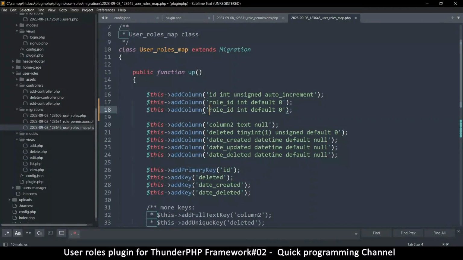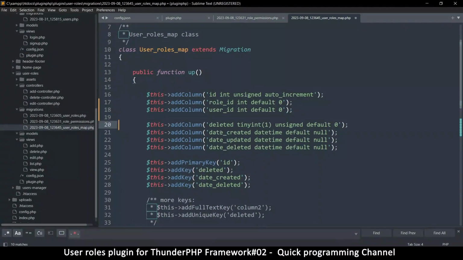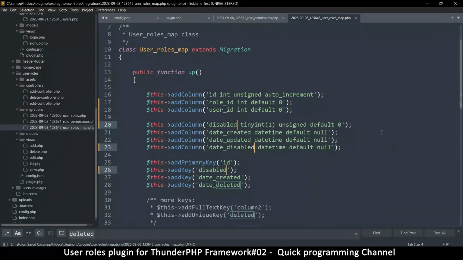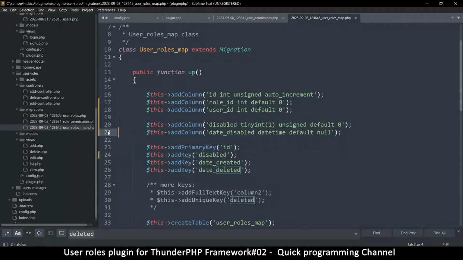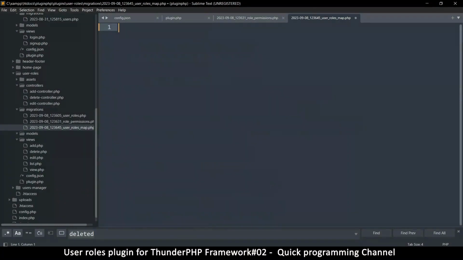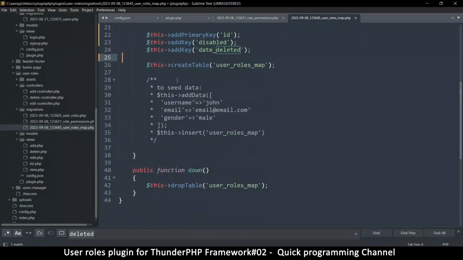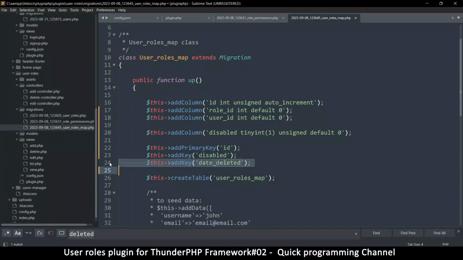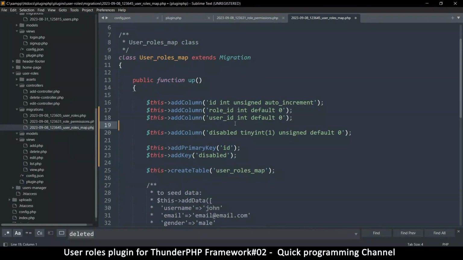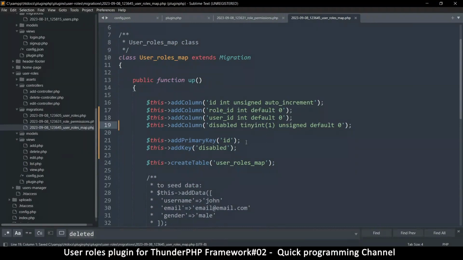So there's row ID here, and the next one should be user ID, and yep, that should do. And then we'll have disabled to make sure that it's enabled, right? Like so. Let me remove this, that, and oops, went too far there. Let's remove this part and this part. Okay. Alright,